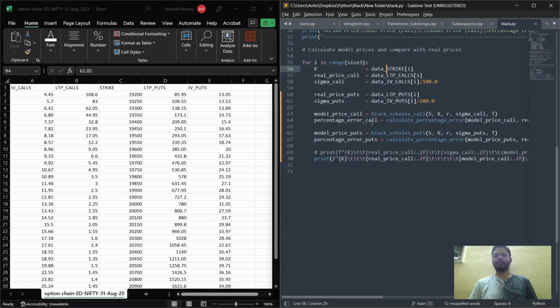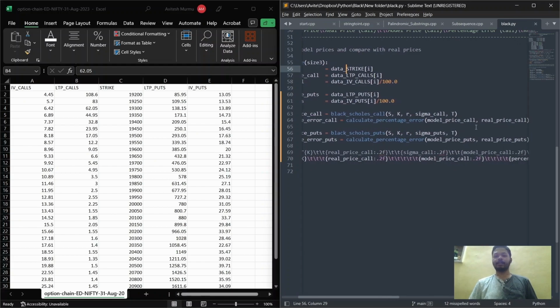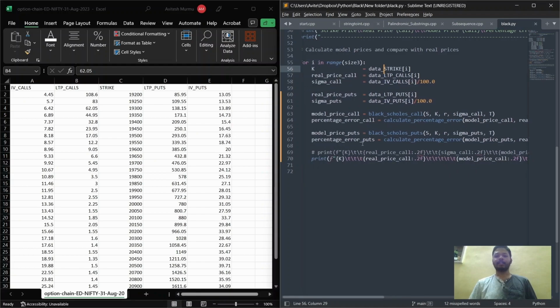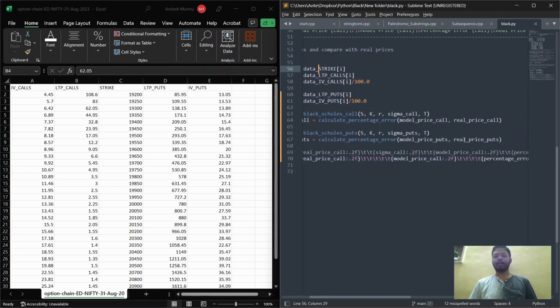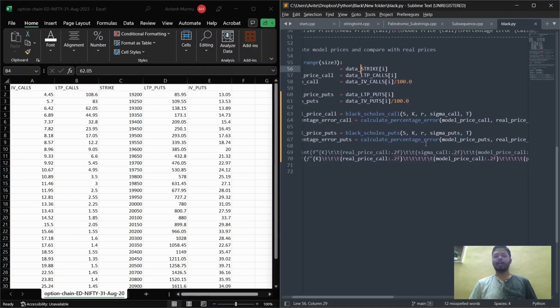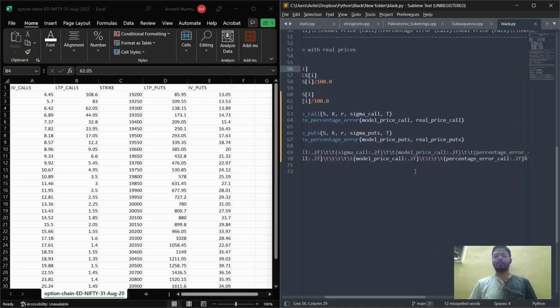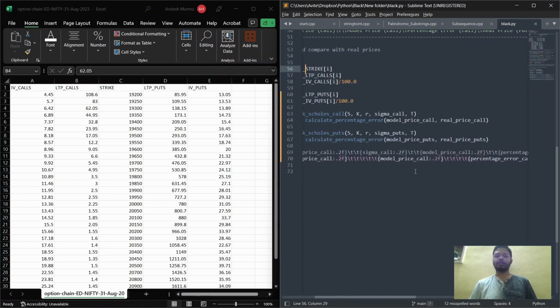The percentage error call will calculate the percentage error between model price call and real price call. Similarly, percentage error put will calculate the error in model price put and real price put. And at last, we will print the real price call, model price call, percentage error call, real price put, model price put, and percentage error put.